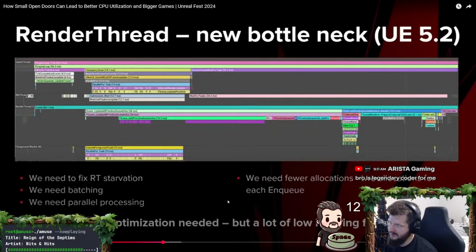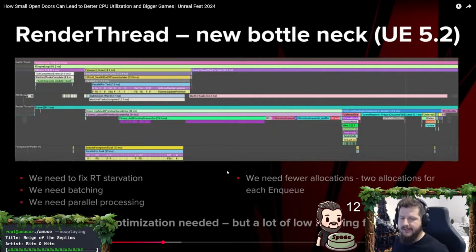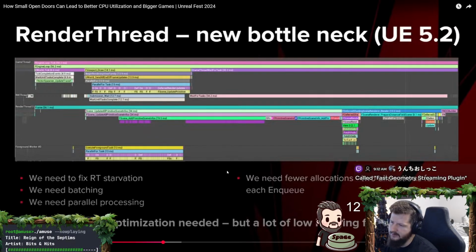Yeah, dude, just being able to move primitives around on separate threads is going to be huge for me. Because right now, anything that moves, it has to move on the game thread for me. Anytime I set location, whether it's an actor or a static mesh, instant static mesh, it has to change on